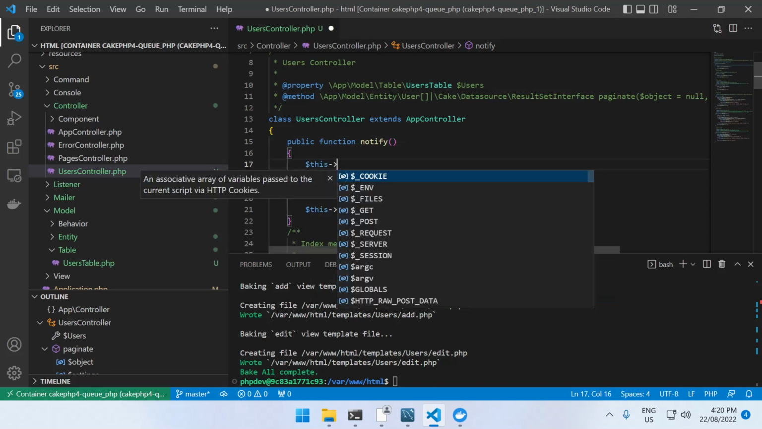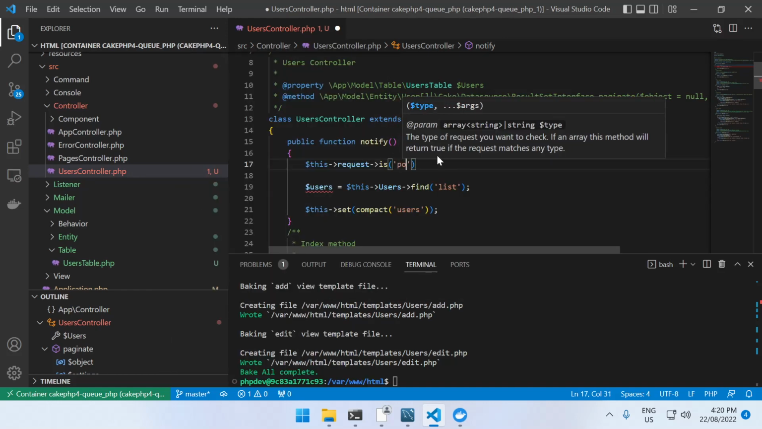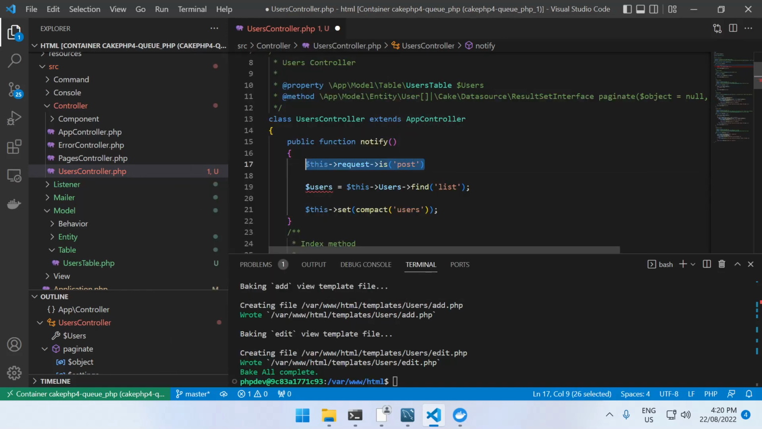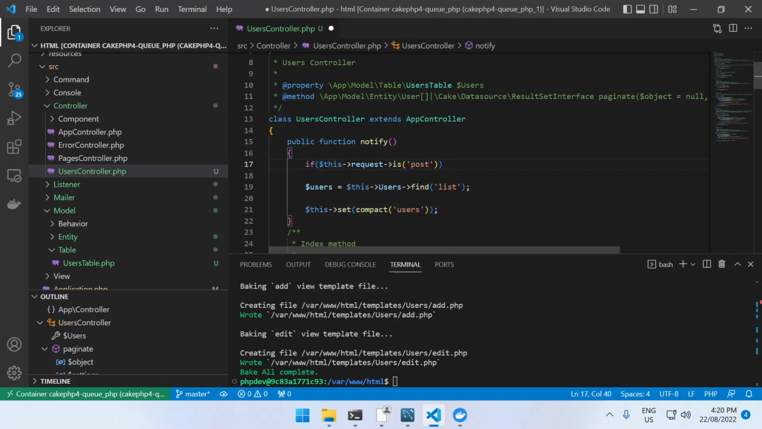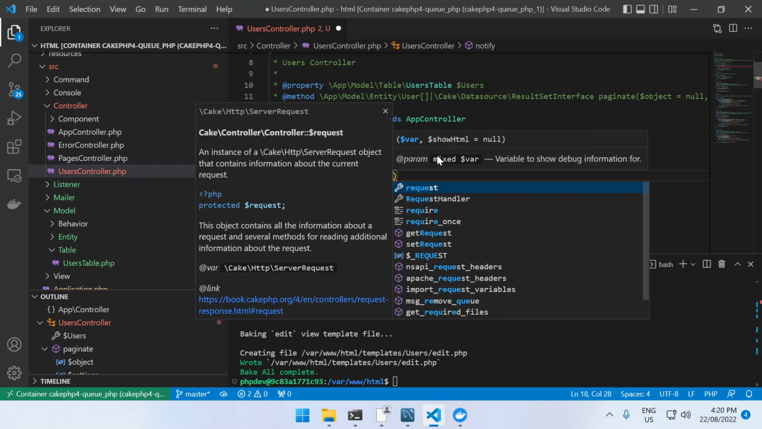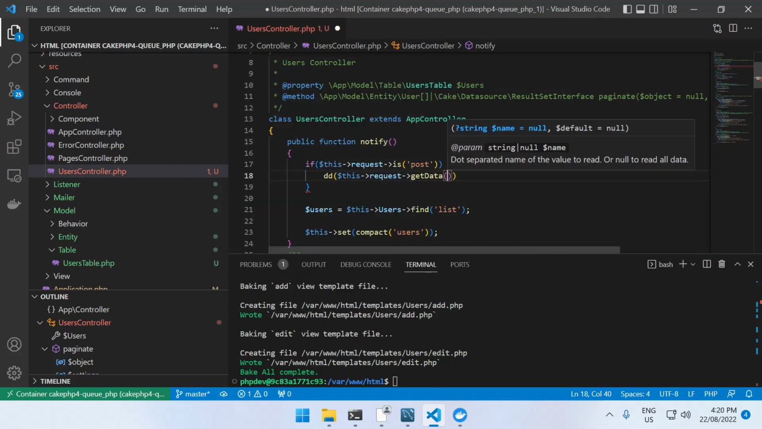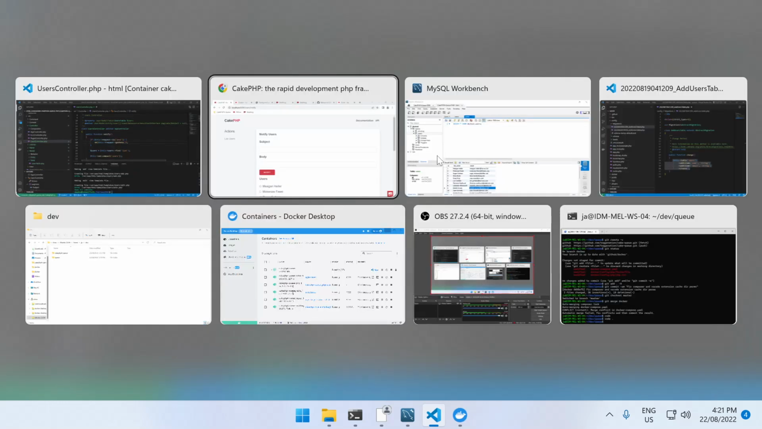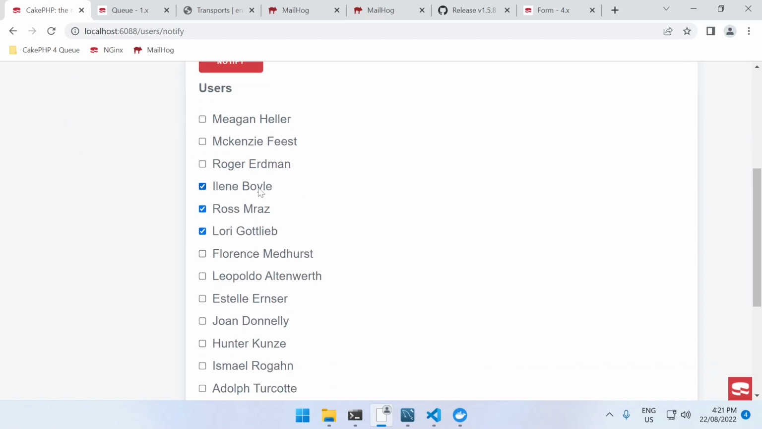make some code to say, if this request is a post request, I want you to do something. So if the request is a post request, just let's dump and die this request, get the data, and just have a look at what we're getting from this field when we put in a test subject. That's the body and a couple of